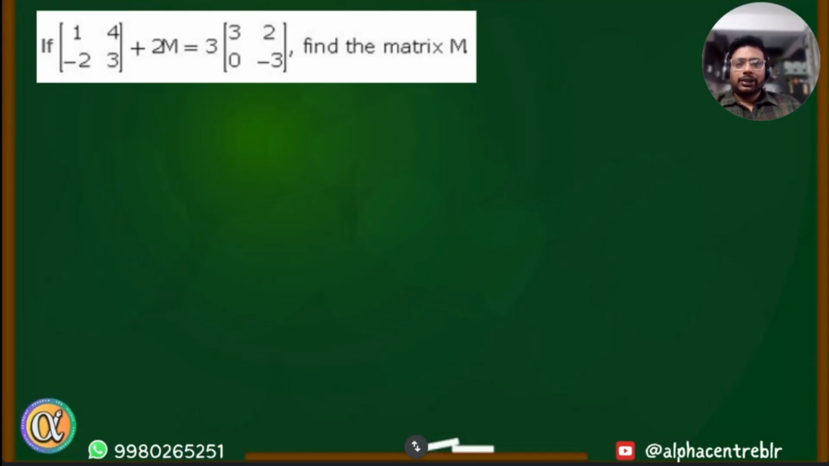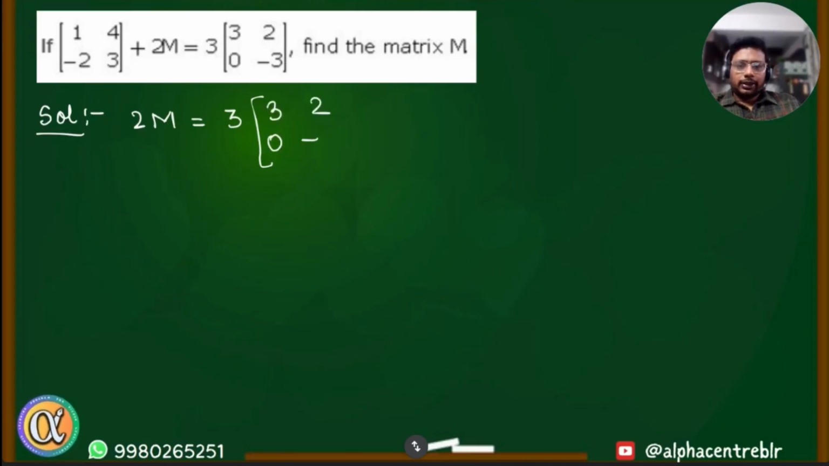Do you understand the question? Yes, sir. So, do I shift the first matrix, the 1, 4, minus 2, 3, to the other side? That sounds like a good idea. But where will I put the minus sign? I'll put it outside. So the whole matrix becomes minus. Correct. So 3, 2, 0, minus 3, the whole matrix minus,